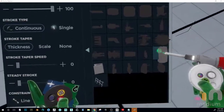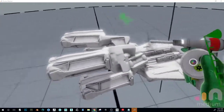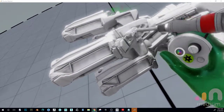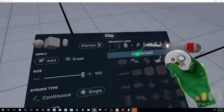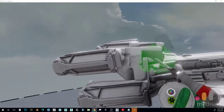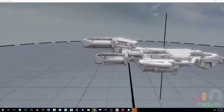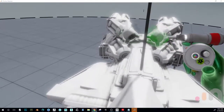And maybe we'll stay in these shapes just for right now. See if there's something cool that we want to use. Let's see if this shape. That's kind of neat looking. Make it as big as it'll go. Oh, I'm on continuous still. Let's go to single. Or actually, no, I need to use that shape. We've used that below. I think if we use that shape again here to tie these engines in, down a little bit, a little bit more, that's going to make it feel like it belongs. I think it does, yes. I like that. And then maybe...